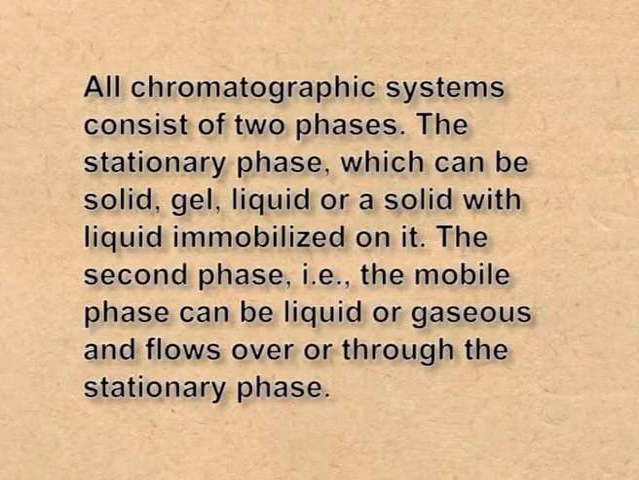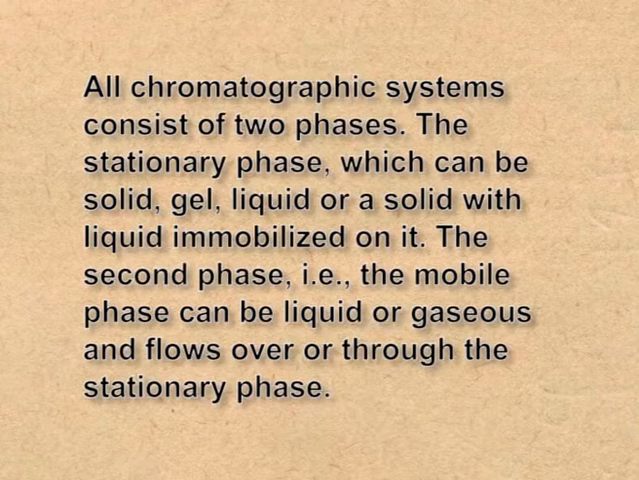All chromatographic systems consist of two phases. The stationary phase, which can be solid, gel, liquid or a solid with liquid immobilized on it. The second phase, that is the mobile phase, can be liquid or gaseous and flows over or through the stationary phase. The stationary and mobile phases are chosen in a way such that the components are separated based on their different distribution coefficients. This is accomplished by: